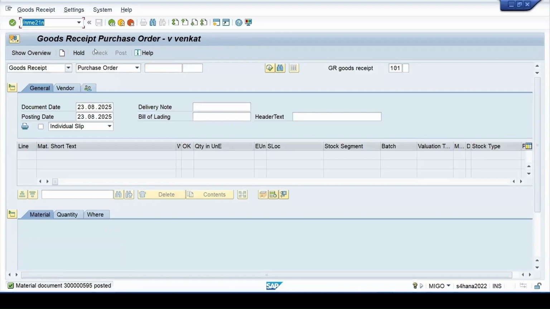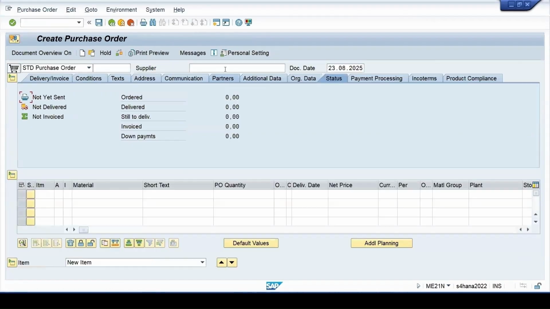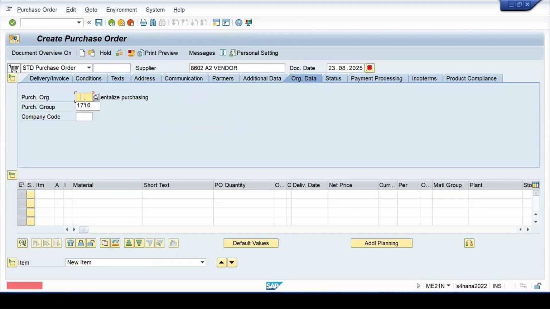So when I am doing, say, ME21 again and enter, a different vendor, 02, another vendor, for which I have said that I don't want to trigger a lot. So quantity, I'm entering something.